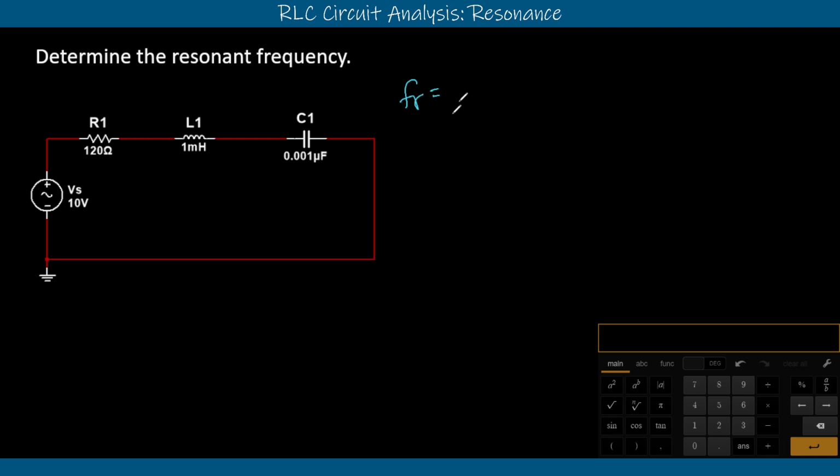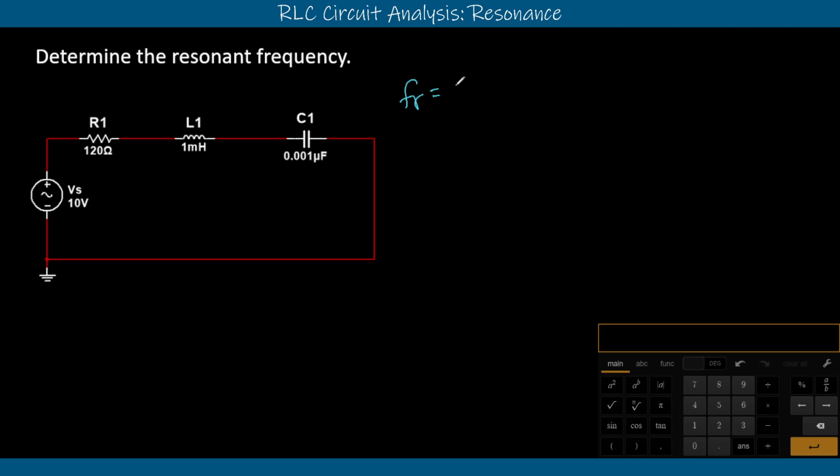We know that the FR, the resonant frequency, happens when the interaction from the capacitor and the inductor match each other, and we end up with a net zero. Our X total ends up not having a phase at all, and that's what we want from this. That only happens at one frequency per circuit, so it depends on the size of each of those capacitors and inductors